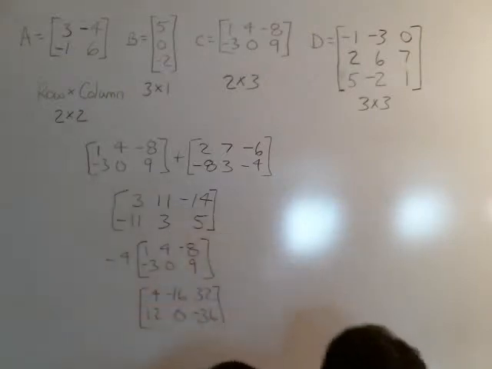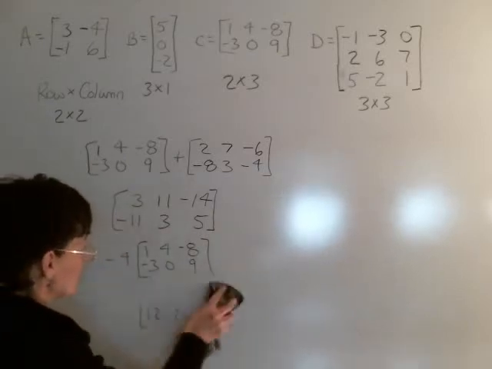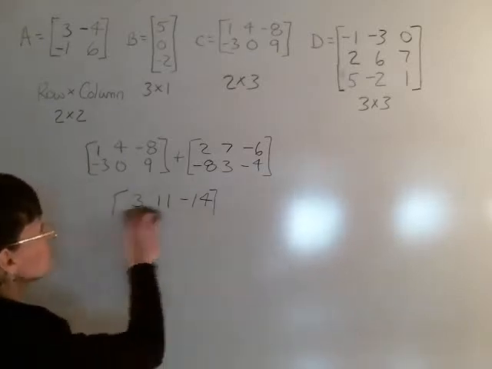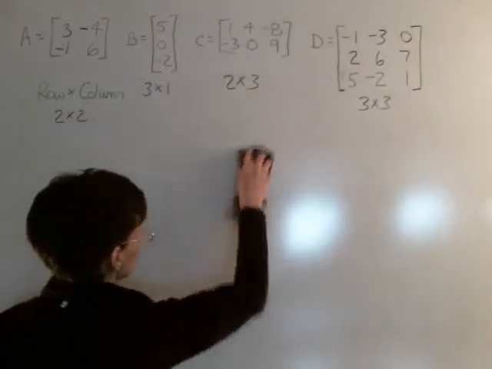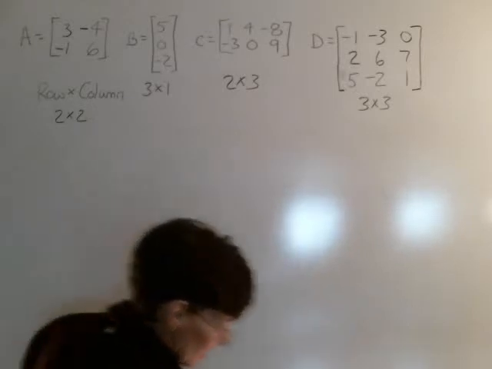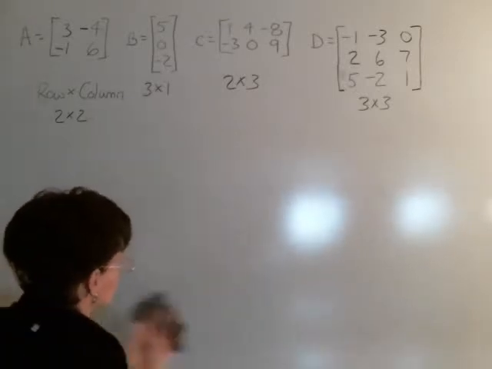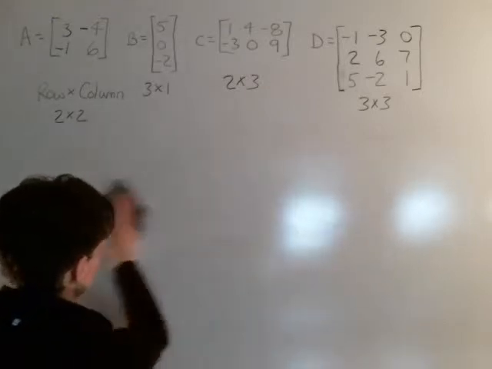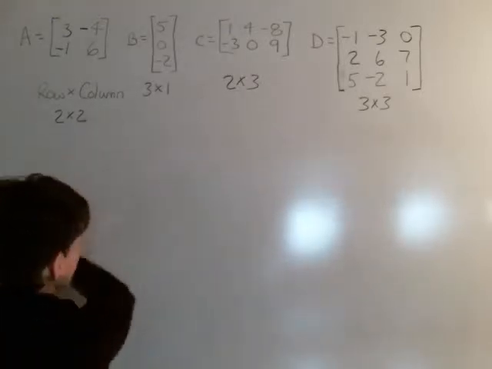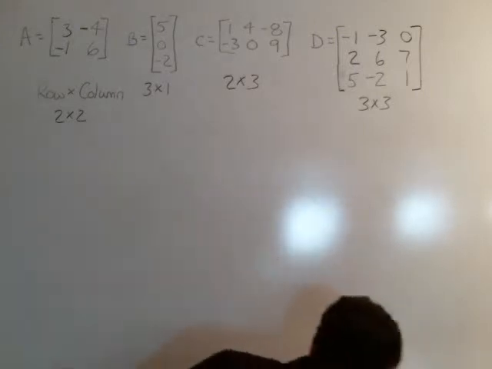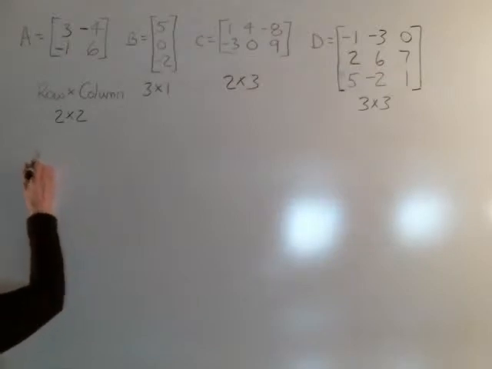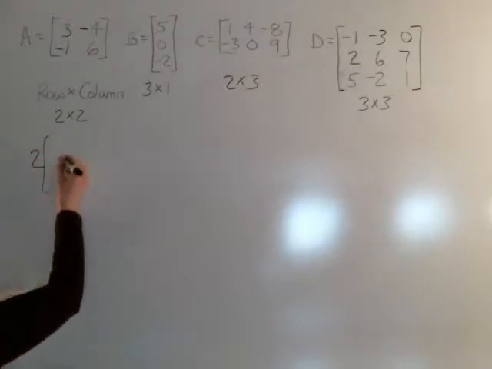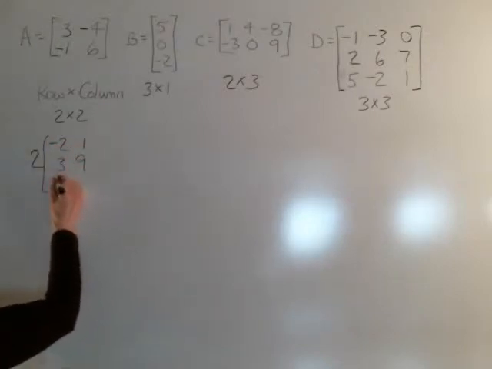All right, so now that we know how to multiply by scalars and add matrices, we're going to solve a simple matrix equation. Now this matrix equation is going to have 3 by 2 sized matrices in it, and I'll show you how that works. It's pretty fun. So here's my sample matrix equation. So we have 2 times the matrix -2, 1, 3, 9, 6, -11,